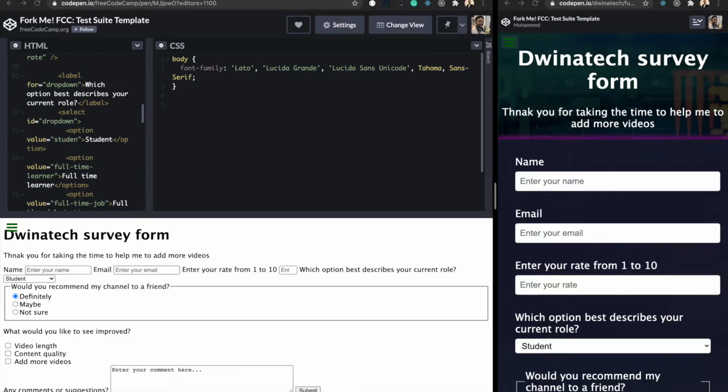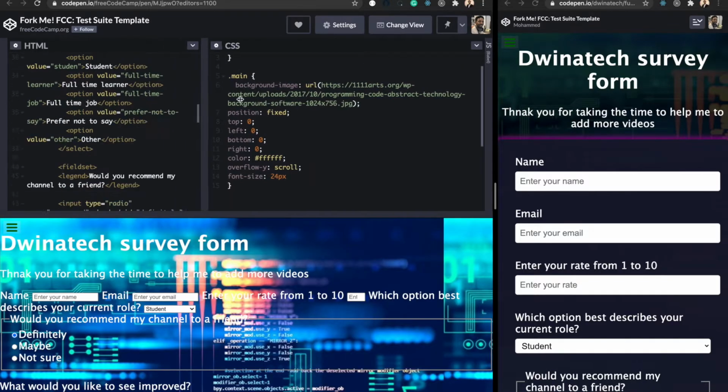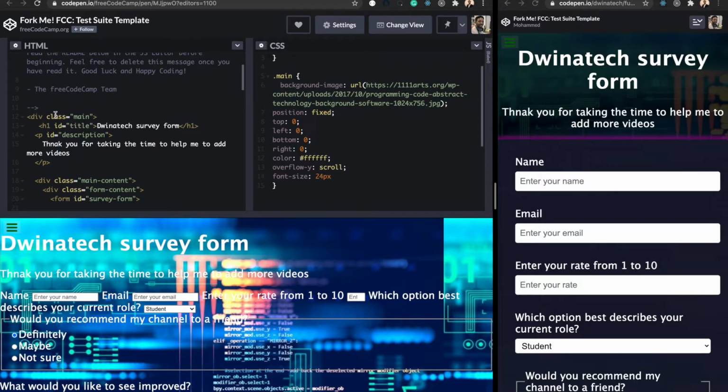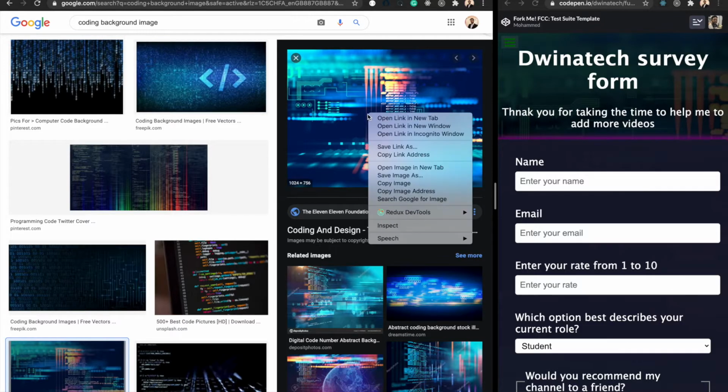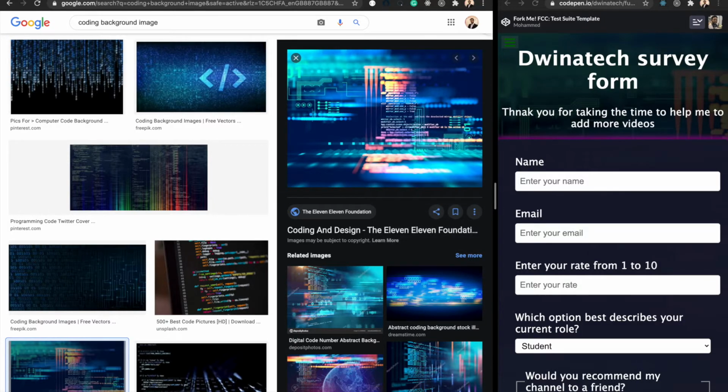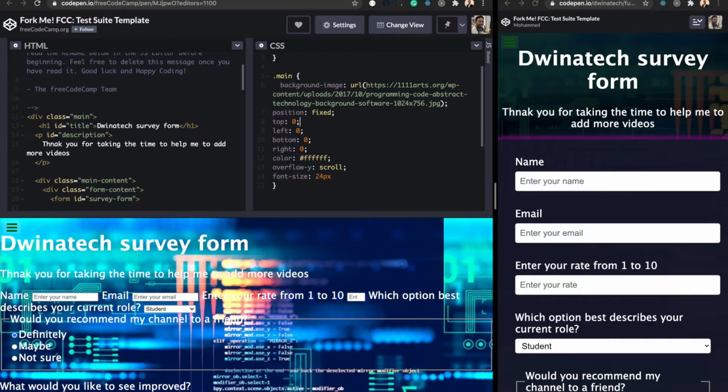And the next one will be the main content class that we created. If you see here on the HTML or at the top, we created this class called main. So this will be for the full content. I added a background image. If you see, the background is being changed and updated. I brought this background from Google. You can search, for example, for coding background image. You can just right click and then copy image address. And so if you go back here,